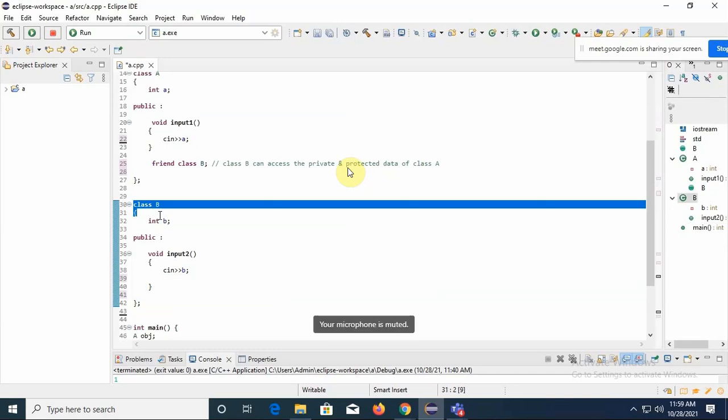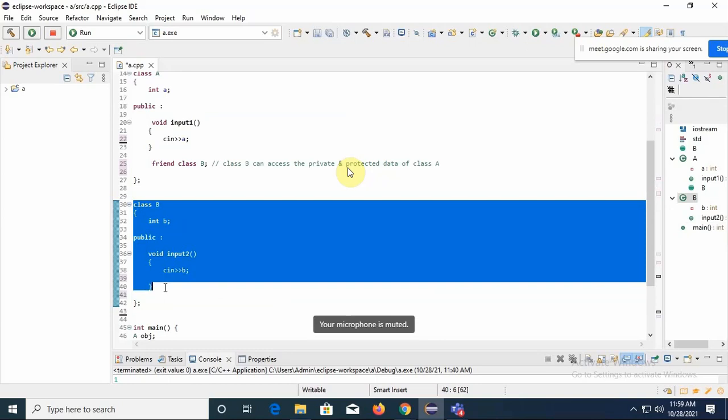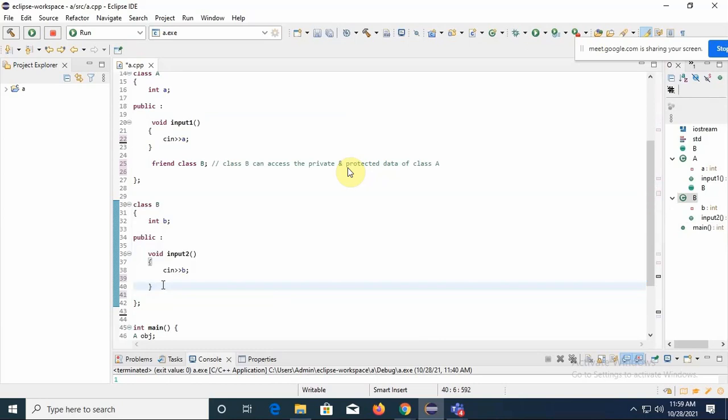And I'm having another member function here, input. Now I'll take one more here, void display. A simple one I will show you. And here I wanted to show the values of B and A.